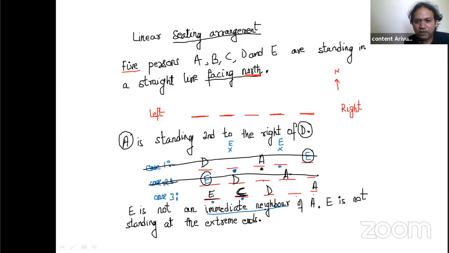Let's just remove this C and E also. I want a clue with C, so maybe I can write here that C is second to the left of D. That will solve the whole thing for us. So if D is here, first left, second left, this will be C. Automatically E will come here, and who is left? B will be left here. So we'll get our arrangement. What is our arrangement? C, E, D, B, A.